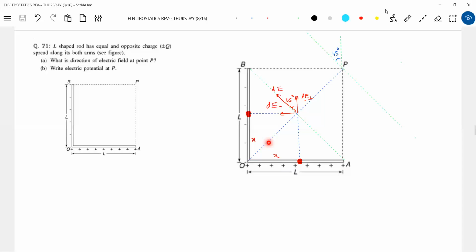Along the line, if I move like this, what will be the direction of the field I'm asking? Perpendicular to OP. That's what my question is. I wanted to ask only that much. Please try to understand what I'm asking. So now definitely the field strength at point P: what is the direction of electric field at point P? It is asking only direction. So what shall I say? Perpendicular to OP or along OP or along X or along Y? Perpendicular to OP. Perpendicular to OP means then what is the line that will be perpendicular to OP? Along AB.